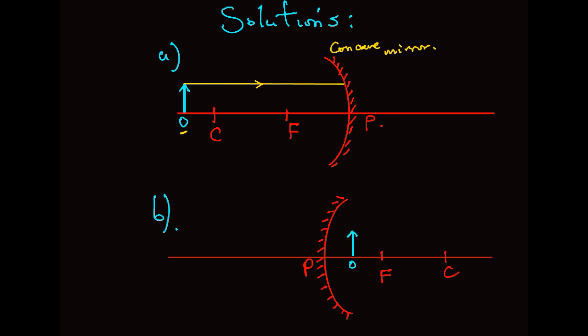So this ray is reflected to pass through F. Remember, we must always indicate the direction of rays using arrows. Because we need at least 2 rays,